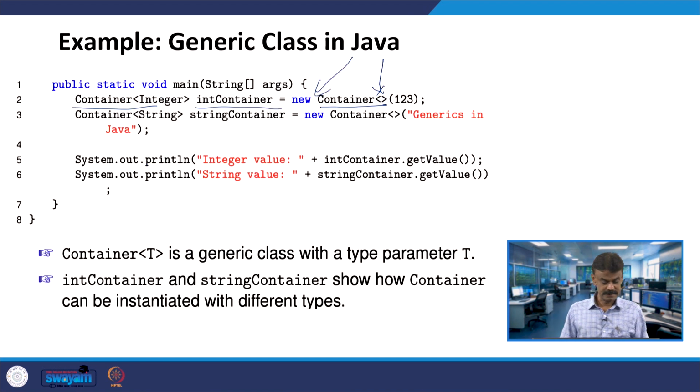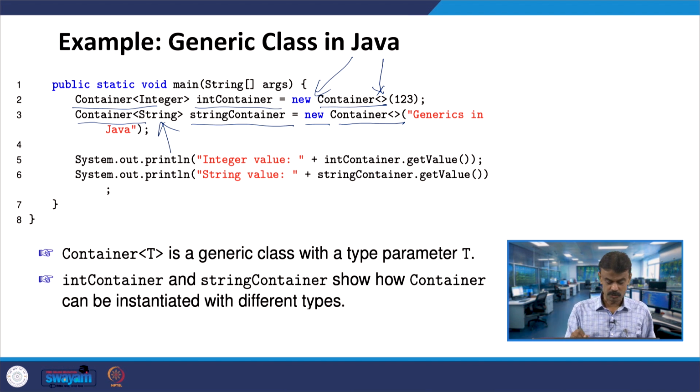In the second case, you have another object, stringContainer, under the Container class. The first object is intContainer, the second is stringContainer. Here the generic is String, allocating memory, and the constructor is called with the generic notation.